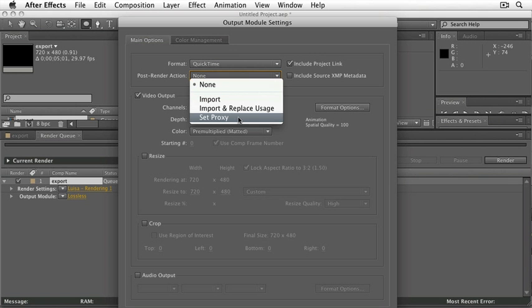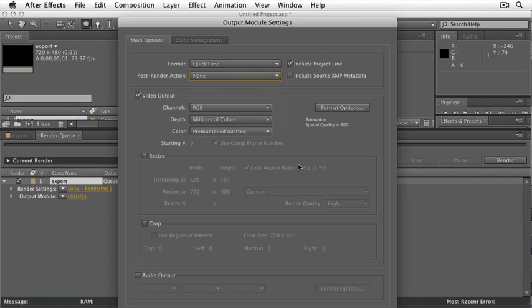And of course you can set a proxy. So this is one of the ways in which After Effects knows that you have a proxy, is because it was created from within After Effects. For the video output, you can choose the different channels, which are RGB, just the alpha, or RGB plus alpha. And this is important because if you are exporting this for compositing on some video, maybe in Final Cut Pro or in Adobe Premiere or whatever other application may be using this file, then you are going to want to choose RGB plus alpha. Otherwise, the transparency that you thought you had on your video is not going to be